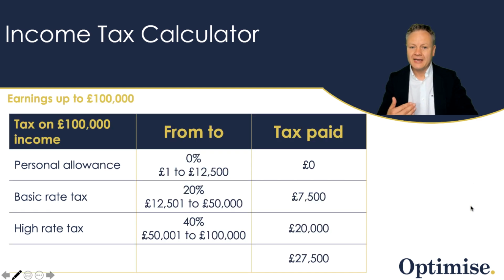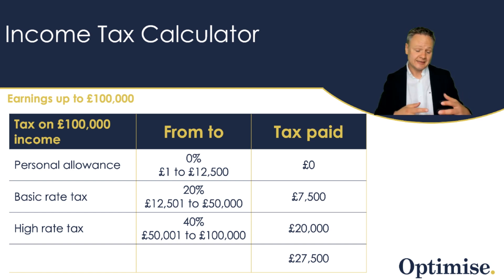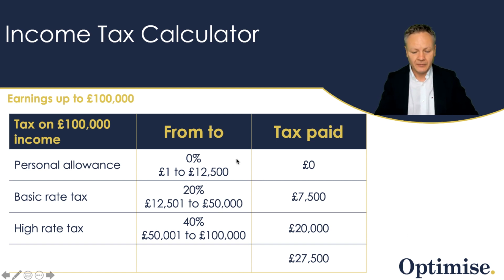Now, how much tax would you pay on earnings of £100,000? I appreciate there is lots of people that earn less than that amount. There are a lot of people that earn above that amount. But I really want to take a sweet spot of understanding the amount of tax you'll pay. So as you mentioned, £100,000 is the earnings. So we need to understand where that falls in the tax bracket.